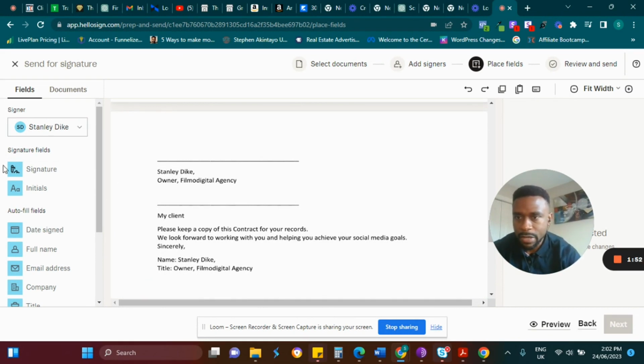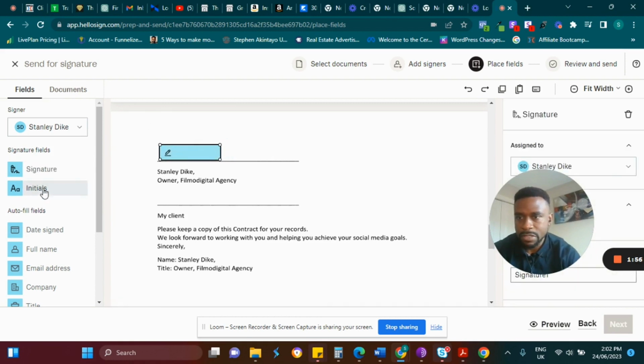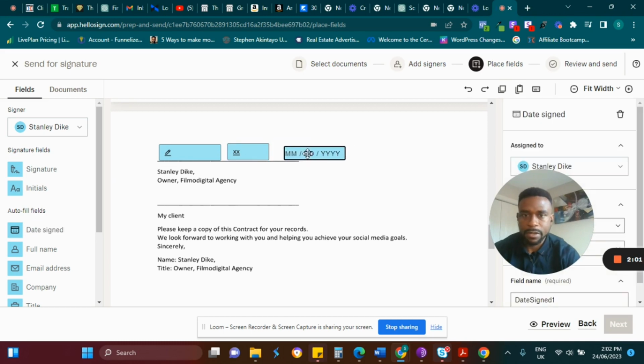So for here, I can just drag my signature here and put that in. If I want to put in initials, I can put that in here, and I can put the date sign here, right? And then for the second person, which is going to be my client,